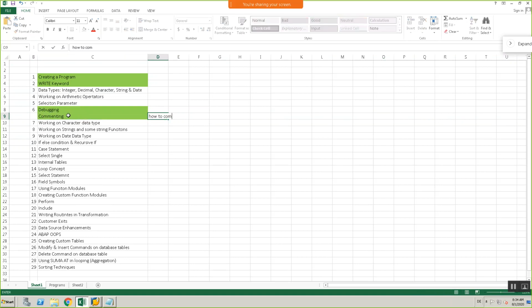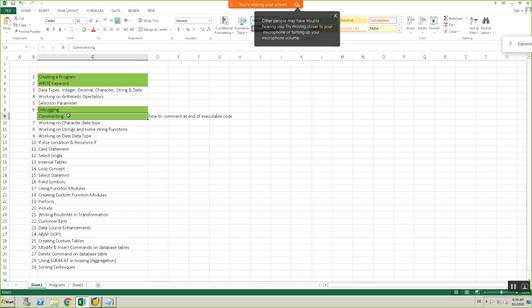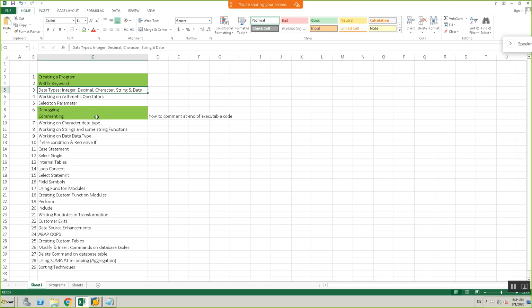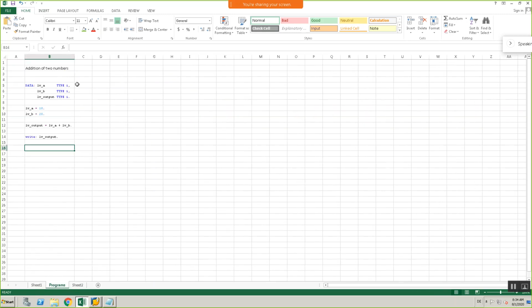How to comment in an executable program. Okay, so this is open actually. That's why I am writing all this topic: when you go later, when you read each line, you should know whether you are able to work on these things or not. That's why it acts like course content. Okay, so I am going to my program again.